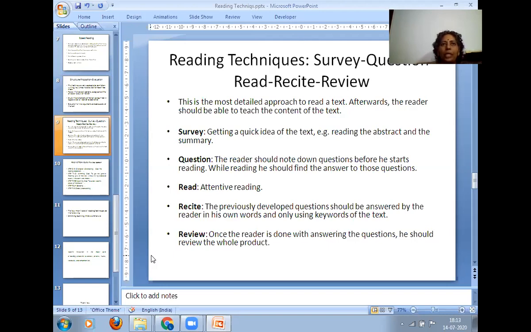Then how do you do? First, you have to skim it and then scan it, and after that, you are going to skip whatever you don't want to present in your presentation. You are going to skip that particular part. Later you may start to collect a few of the points from the selected area.